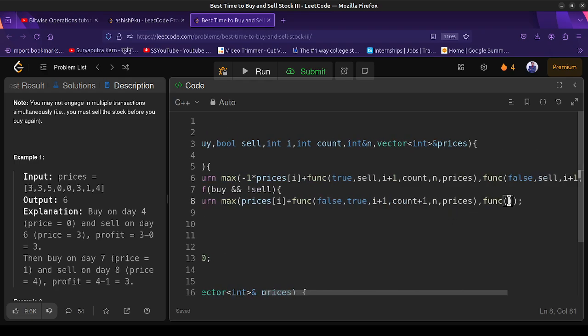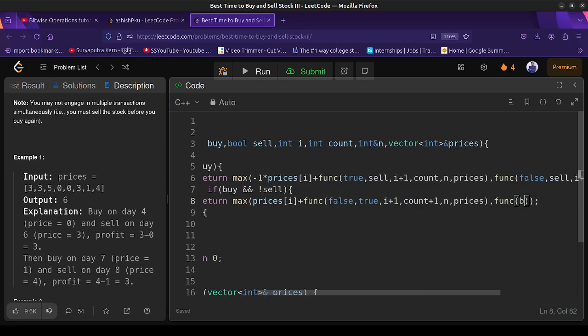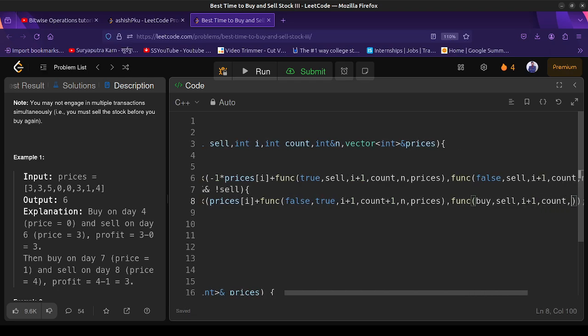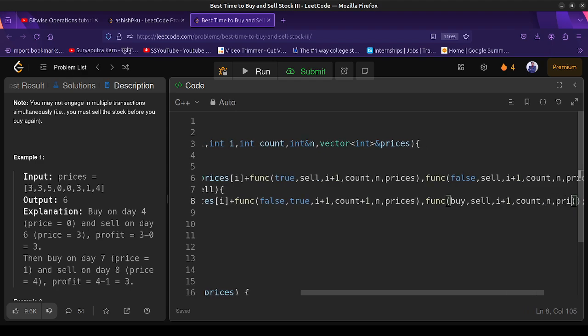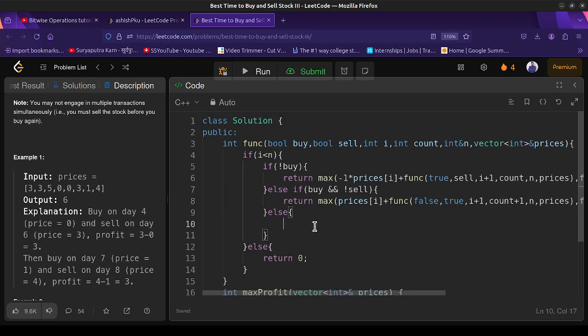And in this case, let's suppose I maybe do not sell this price, so buy will be buy only, but sell will be sell, that I haven't sold, and I increase the counter by 1, keeping count the same as it is, and n as it is, and prices will be the same. Okay, else, what are the next cases? Like if not buy, then this goes this, and if buy then sell, and this one I have to return